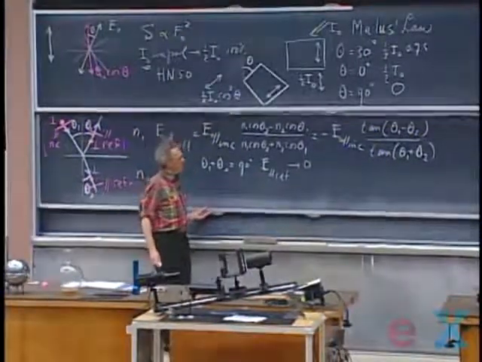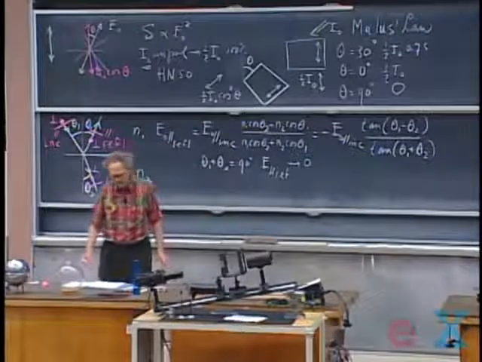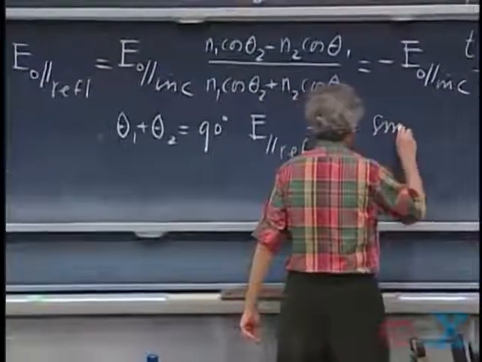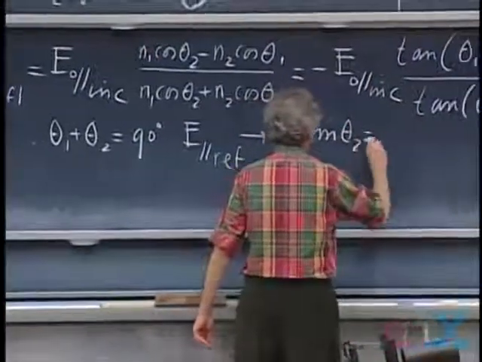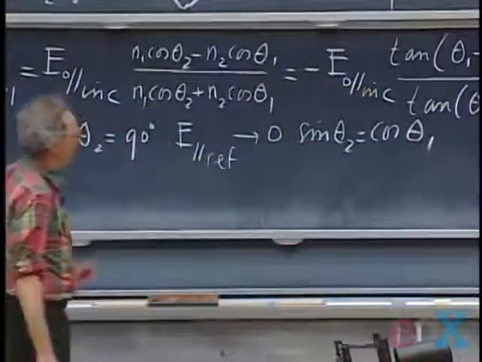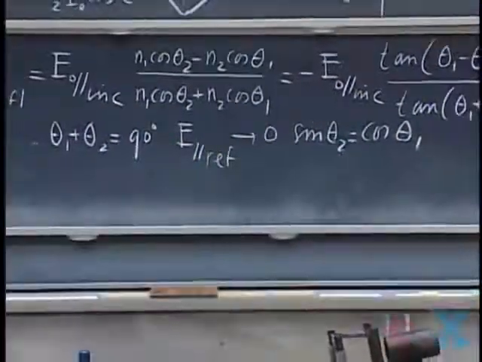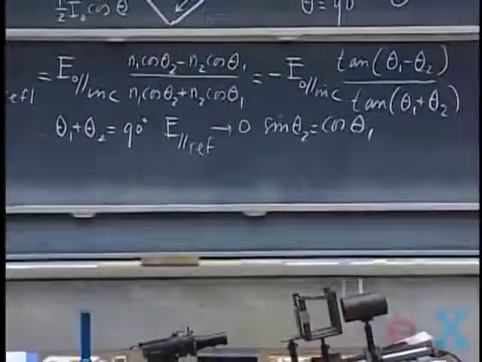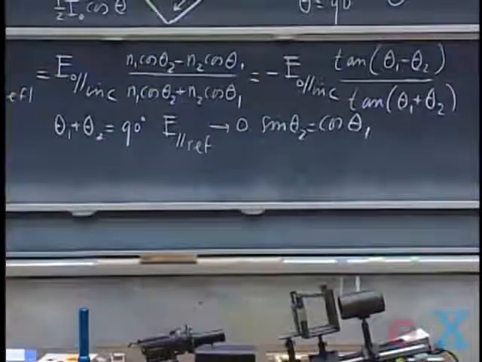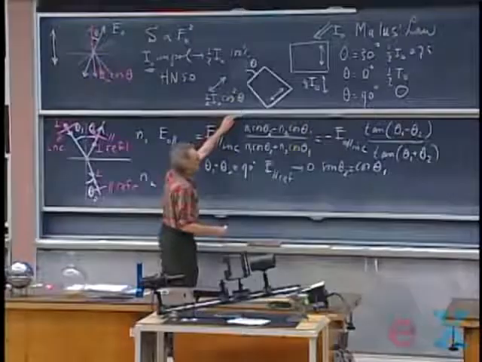If this condition is met, that theta 1 plus theta 2 is 90 degrees, then it follows from high school math that the sine of theta 2 is then the cosine of theta 1. That's immediately obvious, right? You remember the triangle. Theta 1 plus theta 2 is 90 degrees. The sine of one angle is the cosine of the other. And if now I